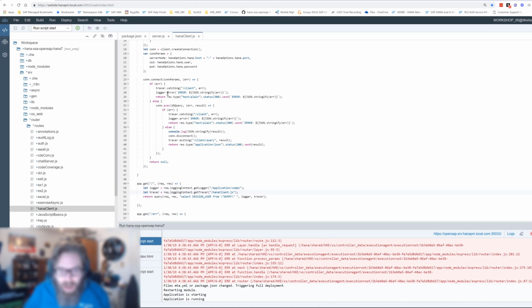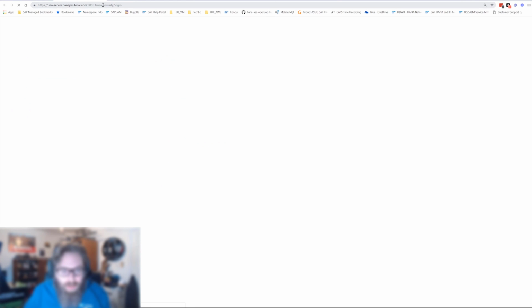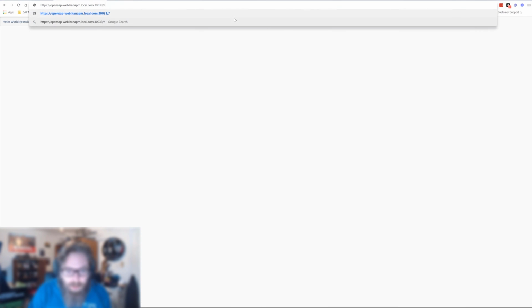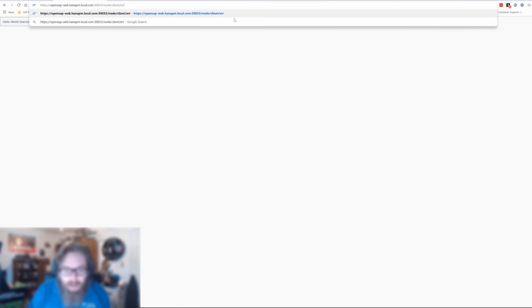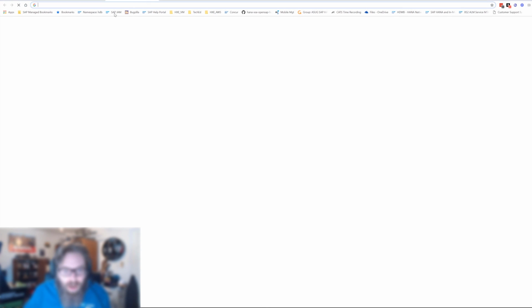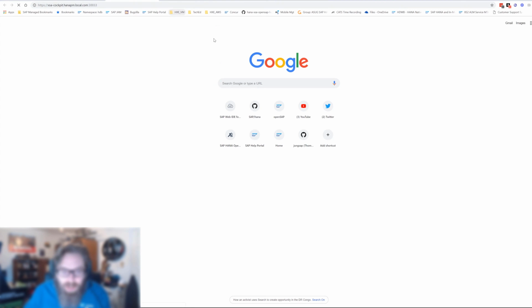Now we can see the logger information in the XS admin console. So for instance, let's go ahead and run this. And let's go down the path that will produce our error message. Node client error. So that produced my error message. But now if I come to the XS admin console, the XS administration cockpit,